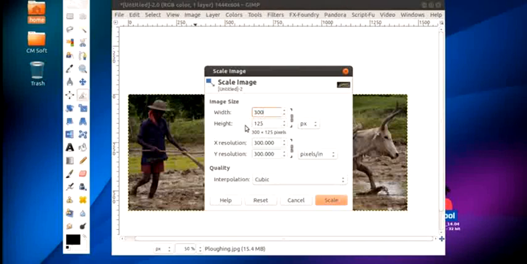While we enter a width, the height is automatically changed with respect to that. There is a link available to link the height and width.